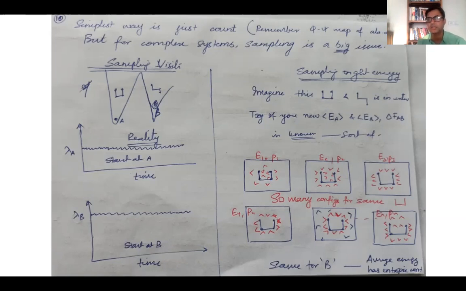And so you just can't count and say that, okay, this is the ratio of the probabilities or the occurrences, and hence the free energy difference between the two systems is this. Because suppose you start with A, then you have all states which are A and none of the states which are B, and maybe once in a while you get some intermediate states, so the ratios are not realistic.